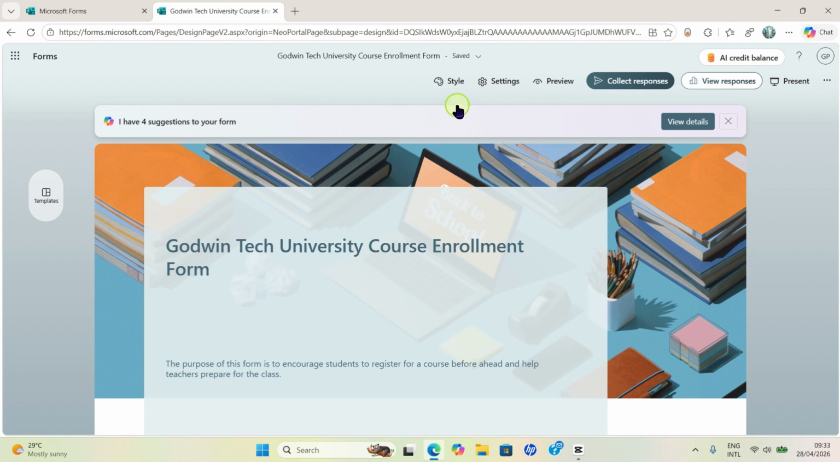Other things you may like to check are the settings, but for me, settings is always okay every time, so I don't need to do anything much. I've talked about preview, then view responses. Once this form is created, it will be at the home. So anytime you want to know the number of students or people that have submitted, once you visit